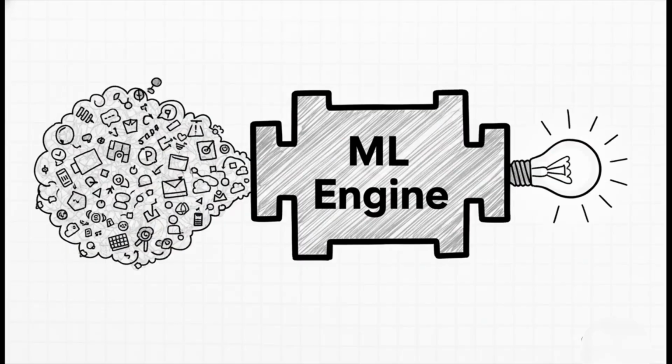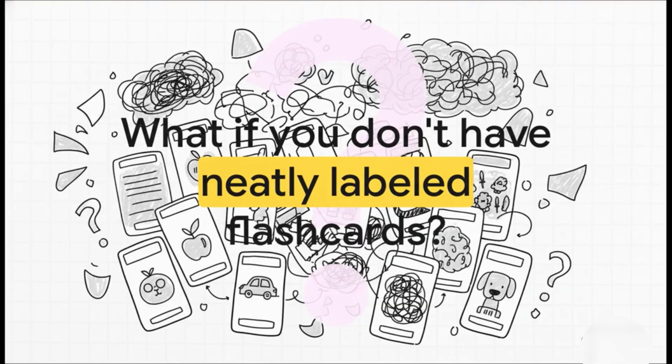At the end of the day, machine learning is the most practical, powerful, and successful path we currently have to achieving that bigger dream of artificial intelligence. It's the modern alchemy that turns these vast oceans of raw data into real, usable knowledge. But there is a catch. This whole idea, our flashcard analogy, it all depends on having those nice, neat, labeled flashcards to learn from in the first place. So that begs a pretty big question, right? What happens when your data is messy? What happens when you don't have any labels at all? Well, that's a whole other fascinating story, and it's exactly what we're going to explore in our next explainer.